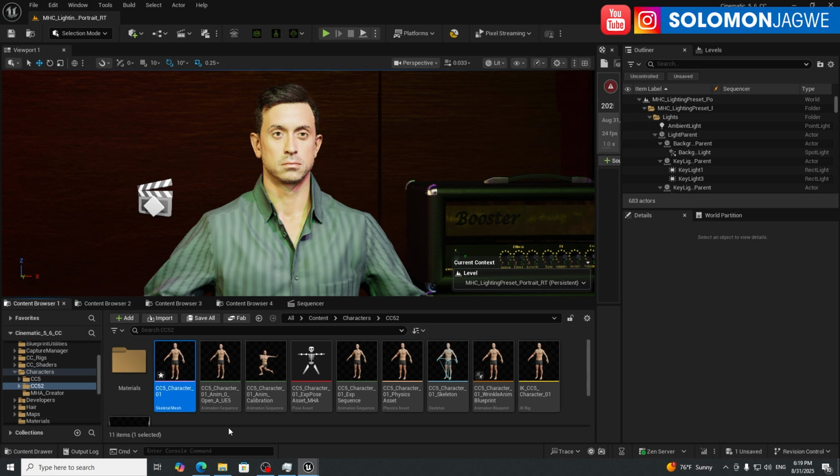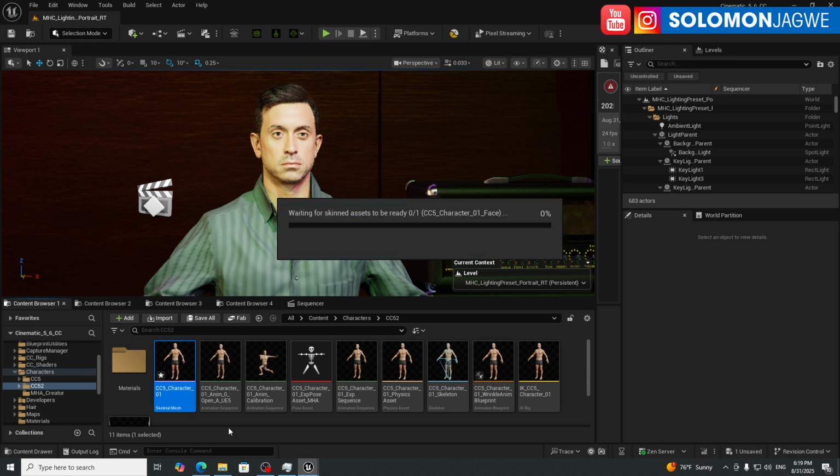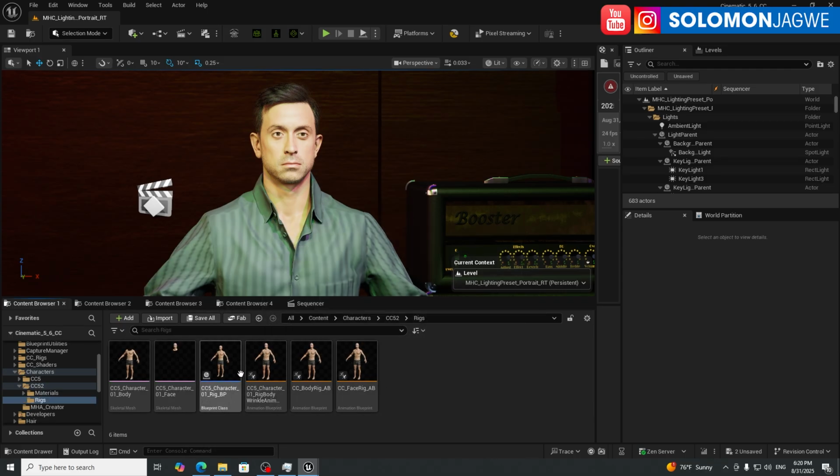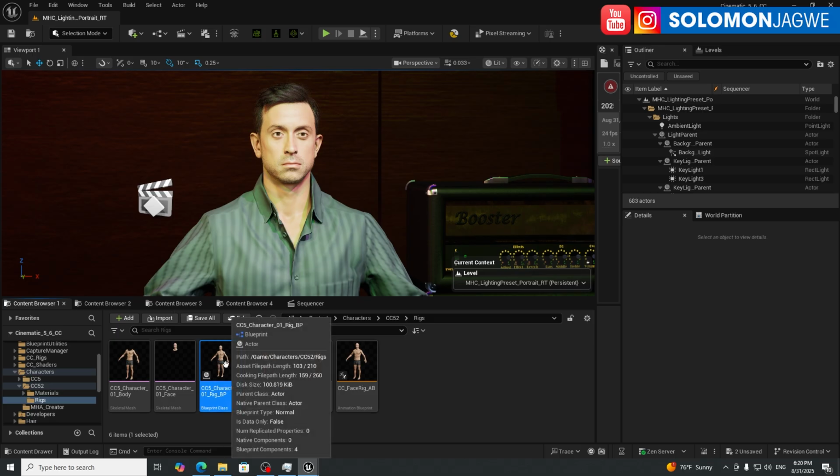And that option makes it possible to convert the character into a model that has the control rig for the MetaHuman support, and you'll be able to use the MetaHuman animation data on your character. And once it's done, you're going to see a new folder here called rigs. Double click on that folder, and this blueprint right here, this is the one that you need to drag into